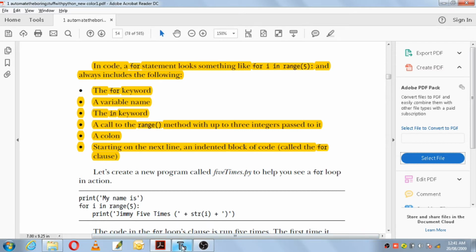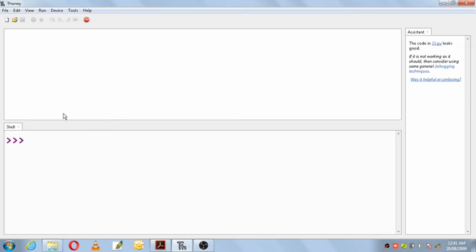Let us see an example for the for loop. For i in range of 5, colon. I've used the for keyword, then a variable i.